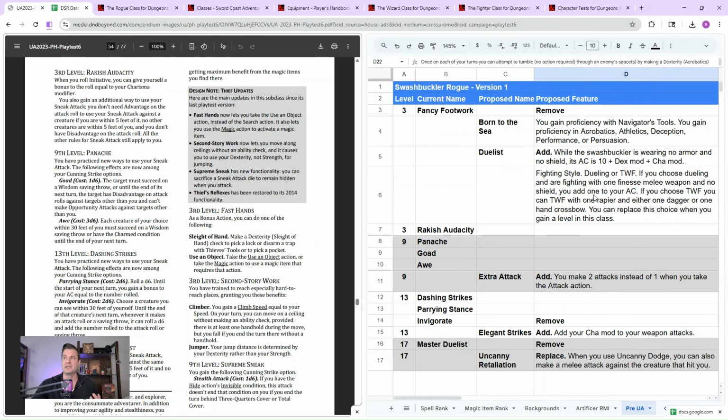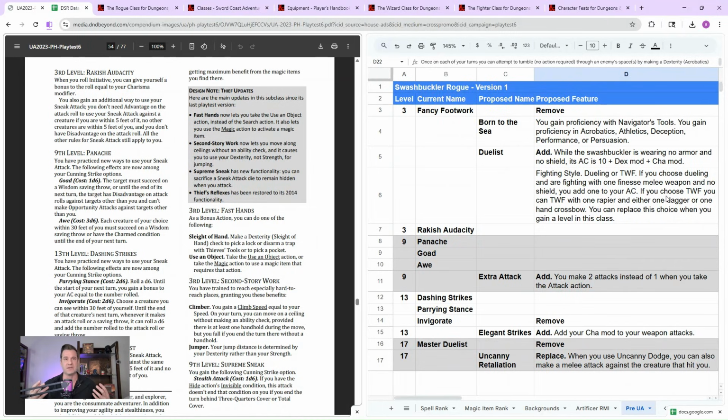I like that because it synergizes with dueling, right? Dueling adds +2 to your attack, and when you make 2 attacks now, you're going to get that twice. So that synergizes with dueling nicely. It doesn't synergize particularly with two-weapon fighting, because that's a separate attack, and that doesn't benefit from extra attack. Now, your character still benefits from extra attack, and this is nice because you can just set yourself up. So if you're fighting with just a rapier and not that offhand, like most rogues are going to need to do, right?